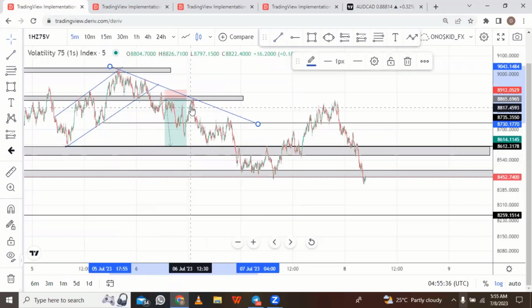So it's important you understand what a trendline is and how you can apply it in your day-to-day trading activities. If you understand the concept of trendline, it will simplify your analysis and make it easier for you to take profitable